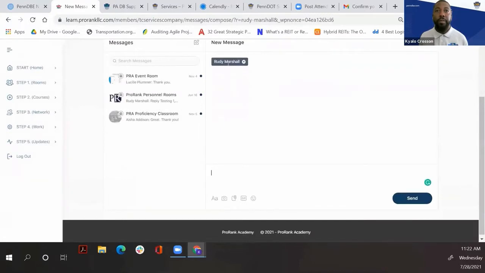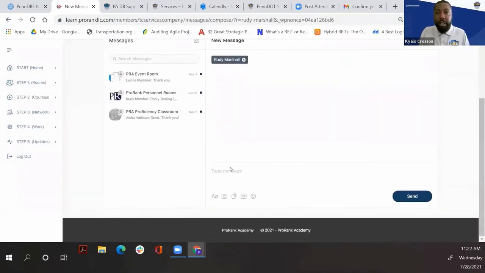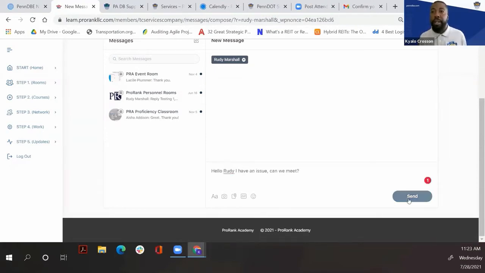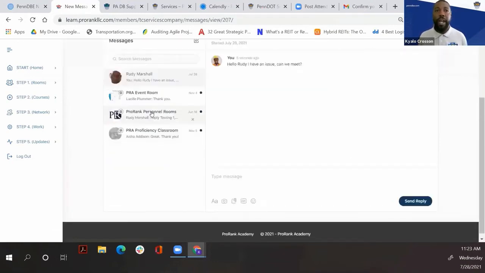Okay, this will send Rudy a direct message. And as you can see, you can format, you can attach photos, you can attach documents, you can attach pictures, emojis, all that good stuff. But what we want to do is to say if you had a specific issue that you wanted to address, and you just wanted to message one of us directly and talk about that issue that's isolated to this room. Okay, so hello, Rudy. And you send the message to your connection, and it'll keep track of your message,